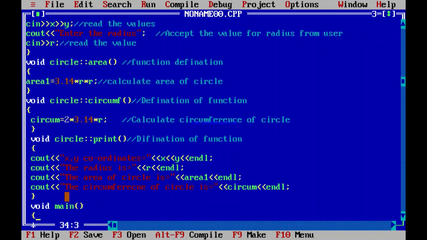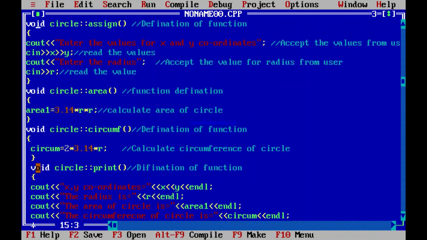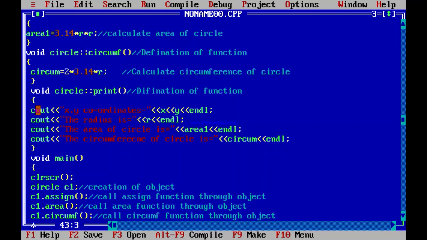Then the second function, C1 dot area. When the control comes here, it executes the function void circle scope resolution operator area. It calculates the area of the circle and stores it over here. Then the next function to execute is C1 dot circumf. Control comes to void circle scope resolution circumf, and it executes this part.